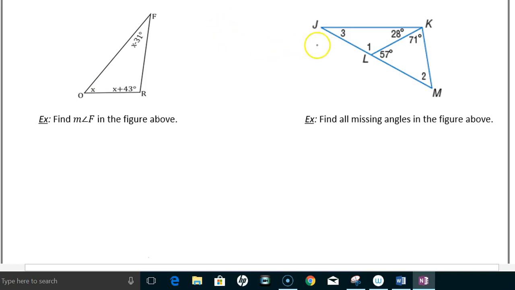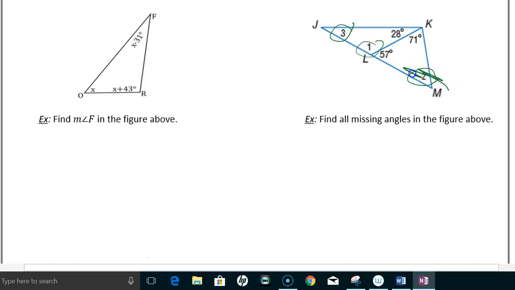Now we're going to do the example on the right-hand side. We've got a big triangle, triangle JKM, which is comprised of 2 triangles. And we need to find the measure of all the angles that don't already have degree measurements in them. So we need to find the measure of angle 1, angle 2, and angle 3. Now sometimes you can't find, for example, the measure of angle 1 first. Sometimes you have to jump over and work on angle 2 or angle 3. But in this case, we can find the measure of angle 1 if we wanted to,